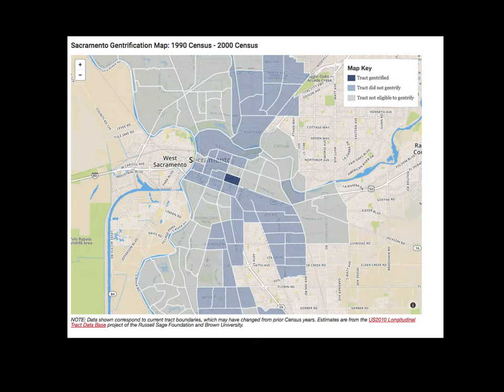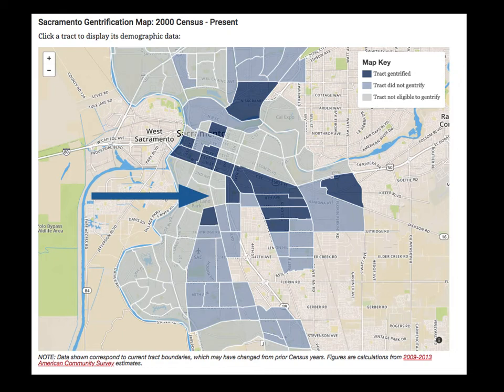This is a map of Sacramento, and these are taken from the Sacramento Gentrification Project, using data from the U.S. Census. This first map that you're going to see on this page looks at the change from 1990 to 2000. And in particular, they are pointing out where we saw gentrification in the 10 years between 1990 and 2000. As you can see there, it was only really a small part of Sacramento, right? However, this has changed dramatically, as a lot of us have talked about in class, in more recent memory.